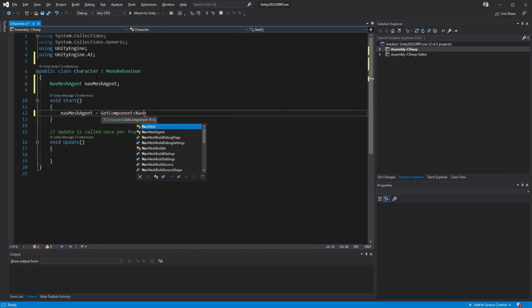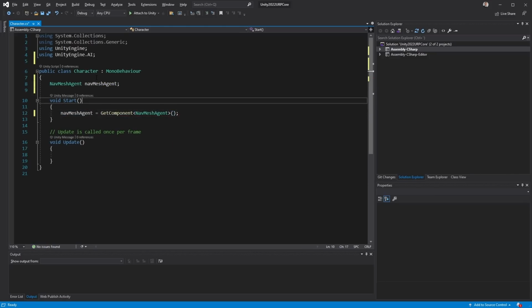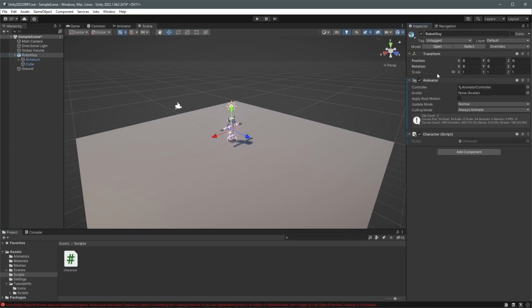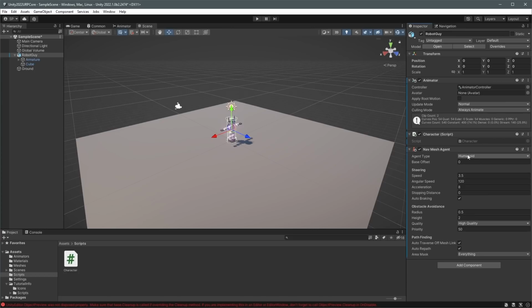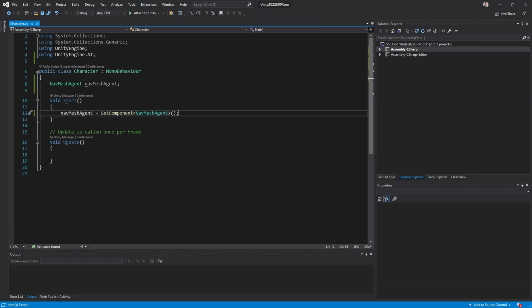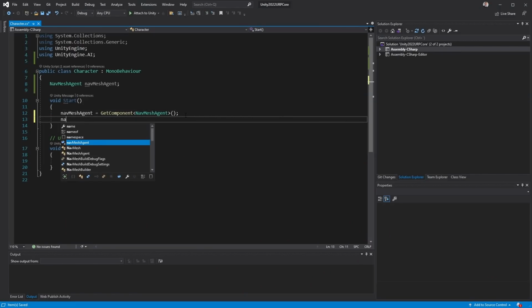And in the Start method, we can grab a reference to that nav mesh agent, and we haven't actually added that one yet. So let's go back into the hierarchy, click on the game object, and add the nav mesh agent component. Now in our script, we can actually use this reference to set a new target for this to walk to. To do that, I type